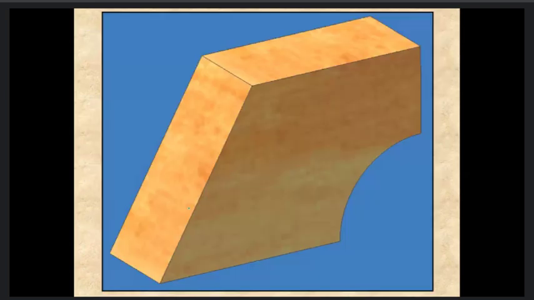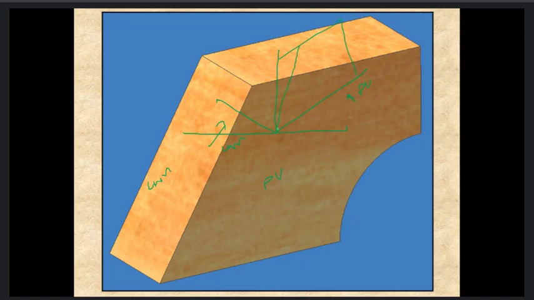Okay, see, this is the 3D view. Actually here left hand side view is visible and front view is visible. So if you want to draw in such a manner, you will draw it like this. On this side your left hand side will be there, and you are going to put your front view over here. So you will apply the similar procedure here as well. Okay, if you want to draw it, you can draw it like this. The similar procedure you are going to apply over here.